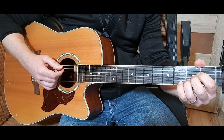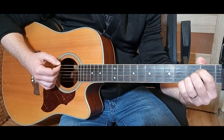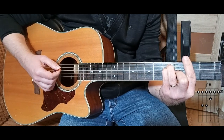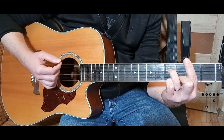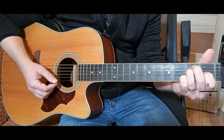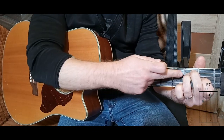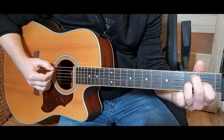Then you have the second line, and the chord progression for the second line is exactly the same as before. So we have A major, G major, F sharp major, B minor major 7, B minor 7, and E major, so I changed transition to E major 7 by just lifting up my ring finger. So E major,